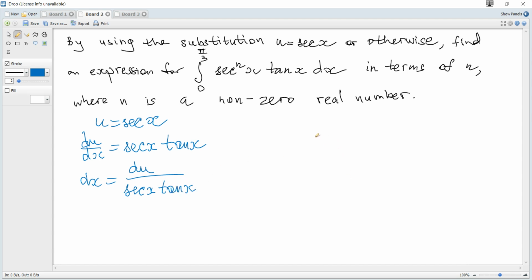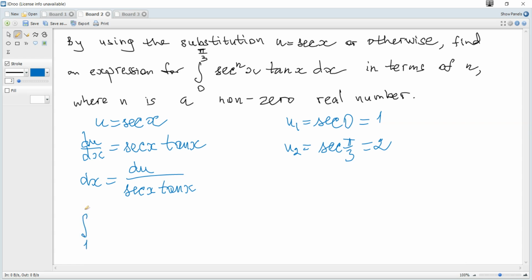Also we need limits in terms of u. The lower limit is secant of 0, which is 1 over cosine of 0, which is 1. The upper limit is secant of pi over 3, which is 1 over cosine of pi over 3. Cosine of pi over 3 is a half, so it's 1 over a half, which is 2, and hence the given integral becomes